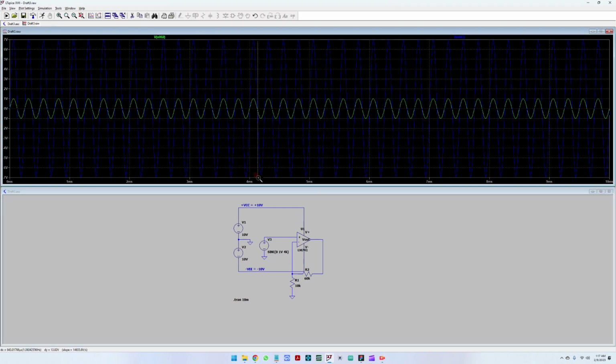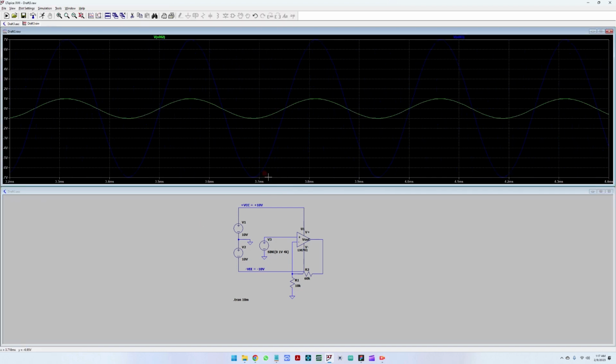Also, you can see, and this is quite important, that the signals are in phase. So when the input goes up, the output goes also up. Okay, let us then go forward and create an inverting